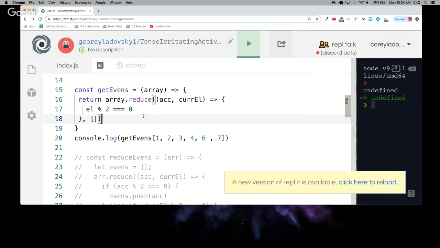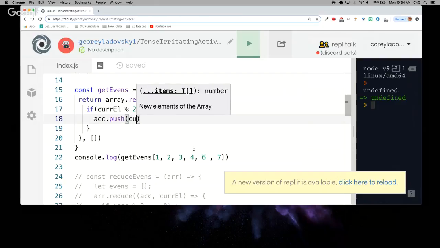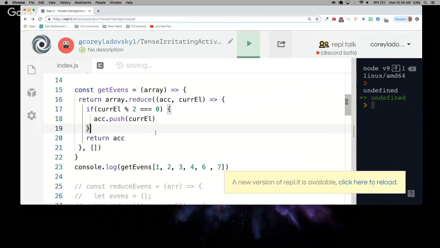So then, we don't currently have an element available to us. So we've got to use this accumulator, which is currently an empty array, and we want to use an if statement. We want to do some conditional logic here. So we want to say if, and instead of L, we want to use current L. So if our current L modulo 2 is equal to 0, then we want to push it into our accumulator. And then at the end, we just want to return our accumulator. So we have to keep returning that accumulator so that we have it for the next call. So when we try it now,